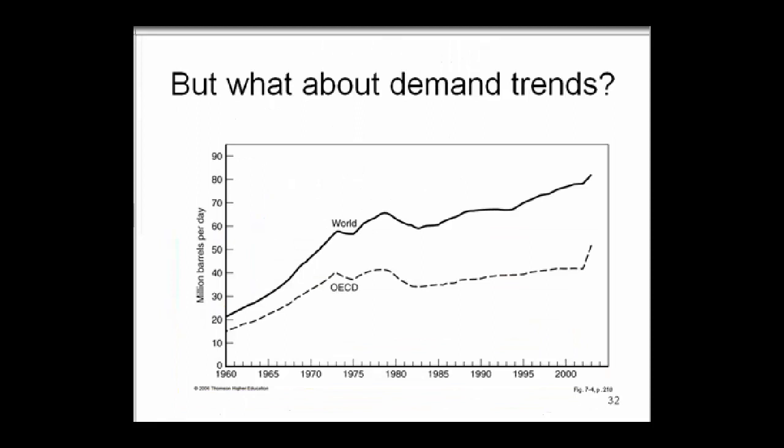So from a production point of view, we've considered it. Now what's happening on the demand or consumption side? If you look at this plot, you'll see that the lower graph is pretty much the industrialized nations, for the most part, probably better than 80 or 90%. Although after 1975, world consumption has increased at a greater rate due to increasing demand from countries such as China and India that have undergone rapid industrial growth. But the overall trend for world production is steadily